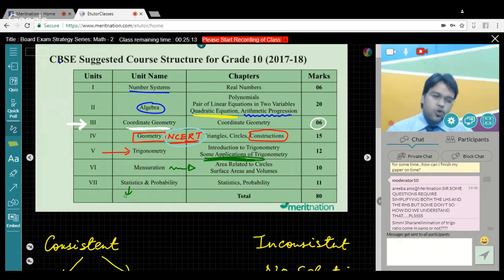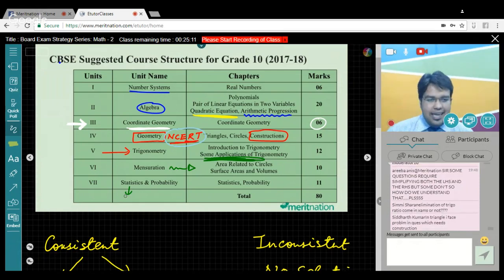And in probability, usually questions are dispersed in 1 mark, 2 mark, and 3 mark. Usually short questions are asked, like the probability of getting a sum of 12 when 2 dice are thrown, or the probability of getting at least 1 tail when 3 coins are tossed. So the questions are very simple, and questions which you have already seen. Questions on coins, dice, and alphabets are usually asked. So all in all, I've given you a gist of all the questions you can expect in the different units.